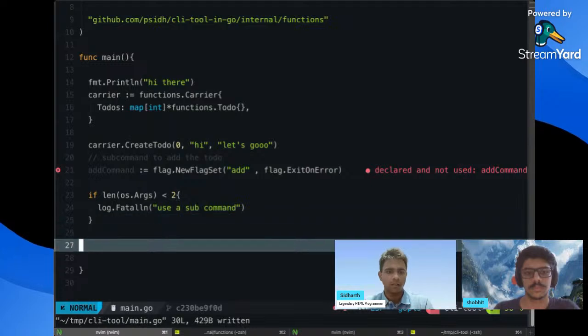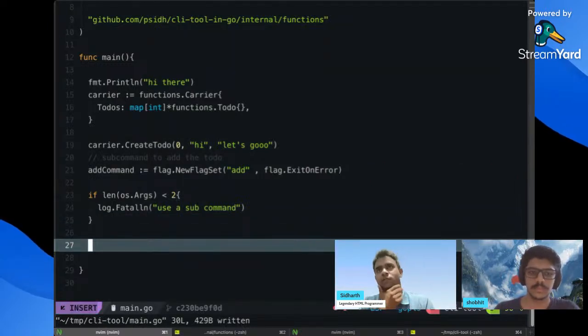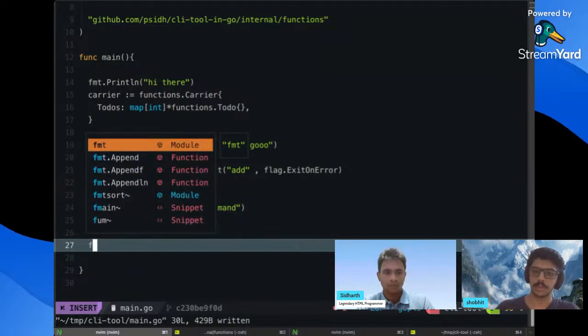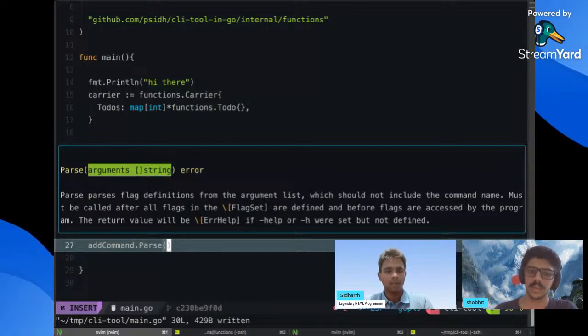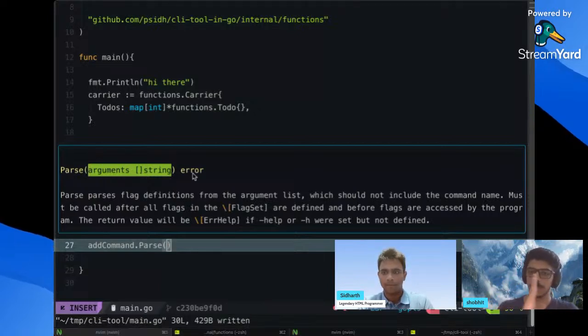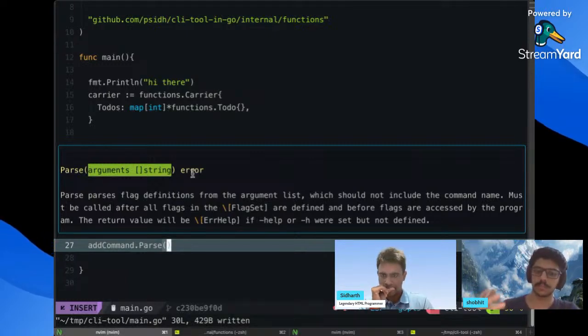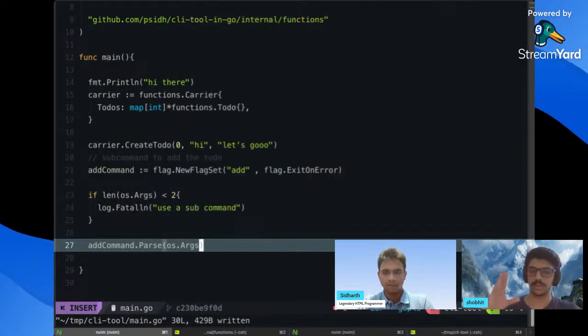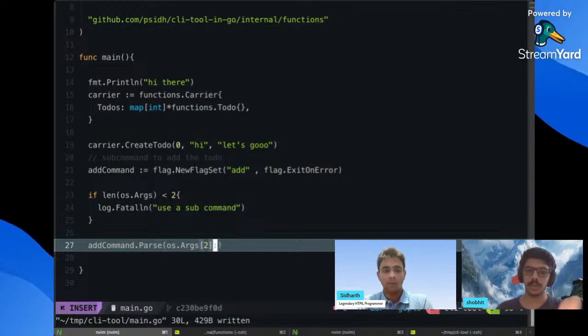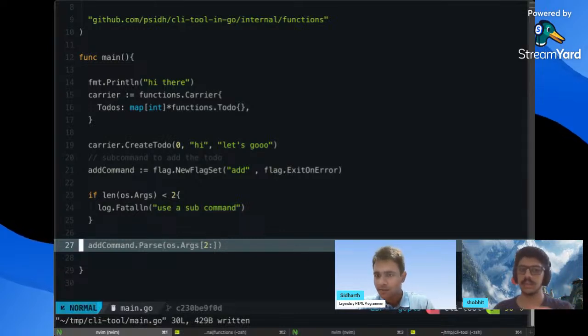डिक्लेयर नॉट यूज्ड, नहीं। अभी हमको यूज करना है इसको, तो अब कैसे यूज करें इसको? एक इसका तरीका होता है addCmd.Parse। ओके। ठीक है, पार्स हम आर्ग्यूमेंट। क्या करेंगे, जो os के जो Args हैं हमारे सेकेंड आर्ग्यूमेंट के बाद जो भी हमारा आएगा, तो हम इसको बेसिकली, इसमें लिख os.Args स्क्वायर ब्रैकेट 2 और फिर कोलन। 2 के बाद जो भी आएगा उसको पार्स करना है ना अभी, और इसको एक वेरिएबल में स्टोर करना है। नहीं, इसकी जरूरत नहीं है।